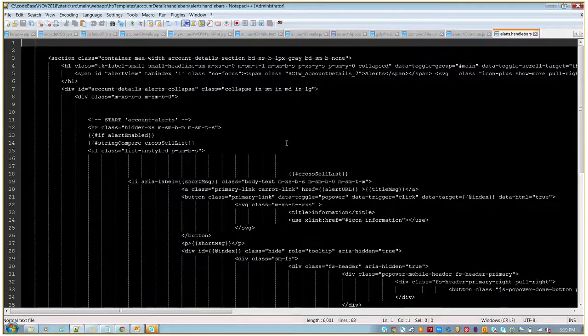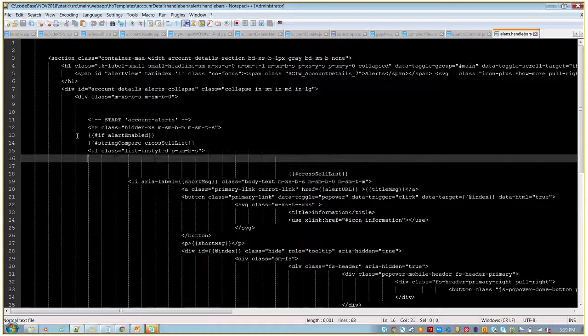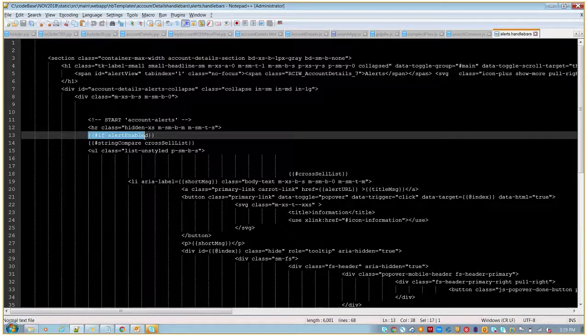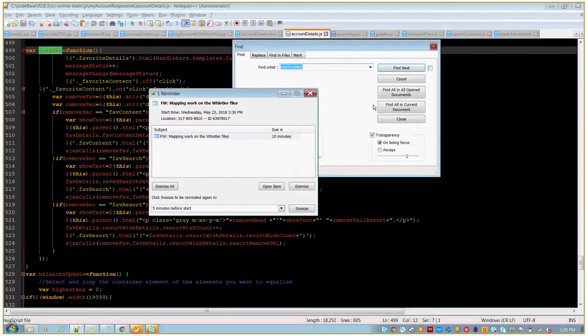Handlebar is nothing but a straight HTML file. It is like a template, but it has this flexibility to add dynamic content. If you see double curly braces with a hash, that is nothing but a loop, or a condition. Hash will tell handlebar that it is a handlebar function to look for. And here it is an if condition. For handlebar to understand this condition, we need to register first what is alert enabled. So in account details page, as I said,